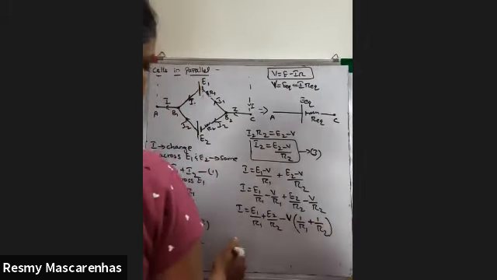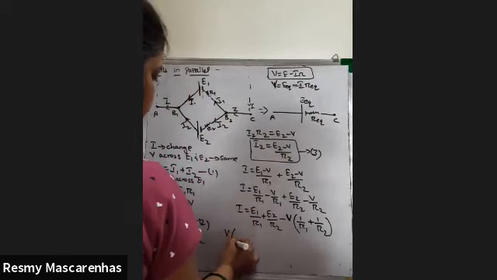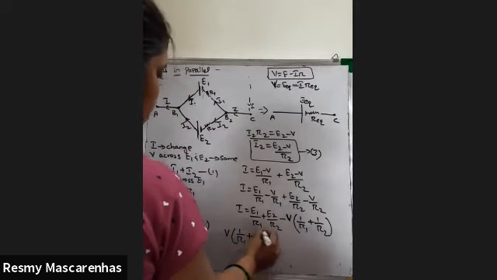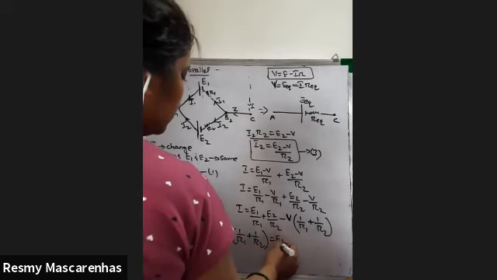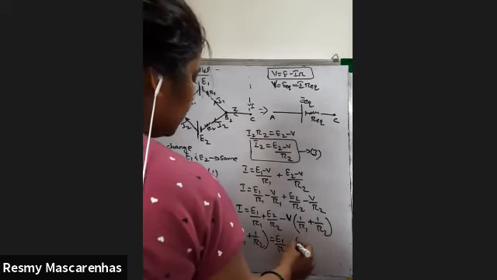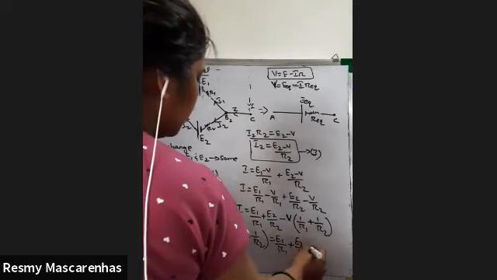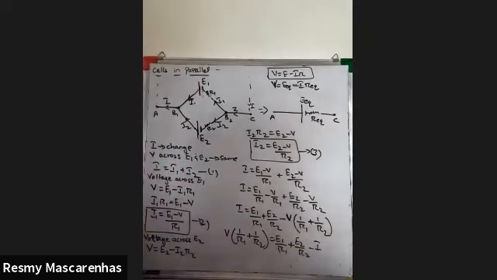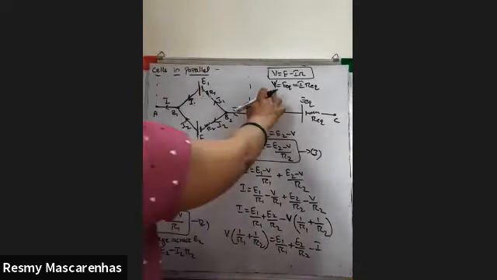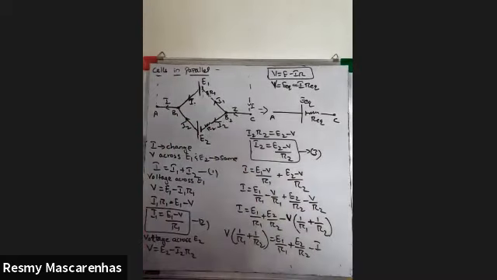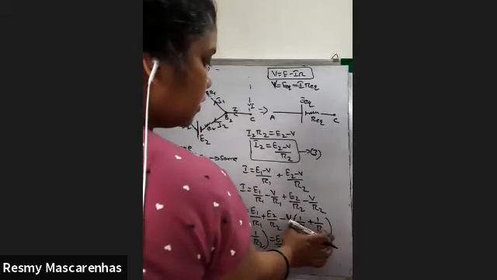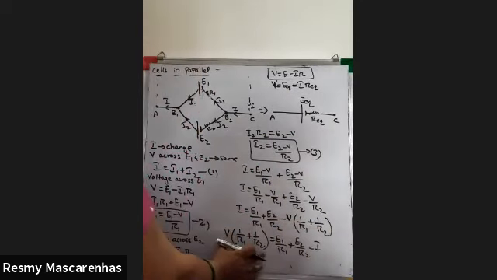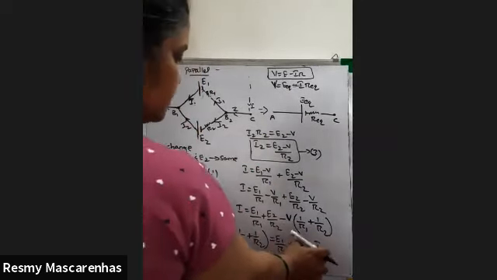So I'll take this side. So it will be E1 upon R1 plus E2 upon R2 minus V times (1 by R1 plus 1 by R2)... this I have taken because I want the term in this particular place. So I want V on one side. So entire term I have taken here and this side it is this minus